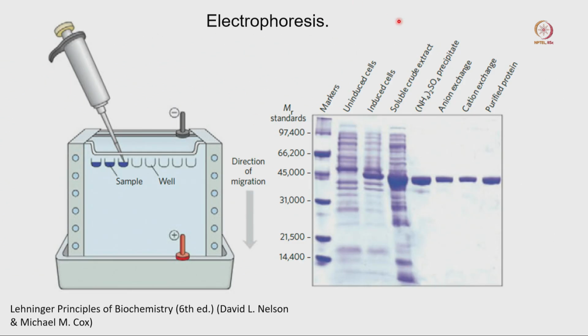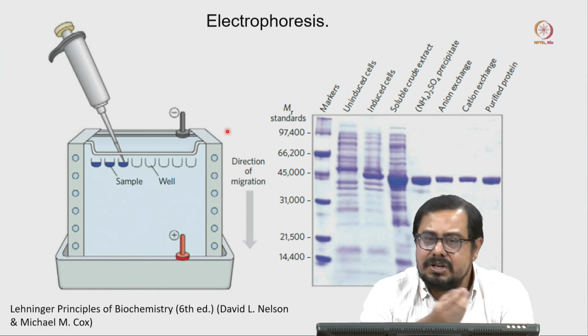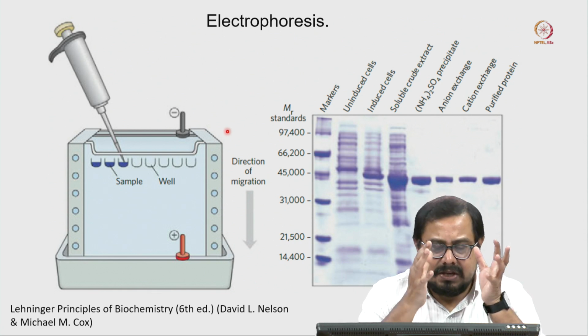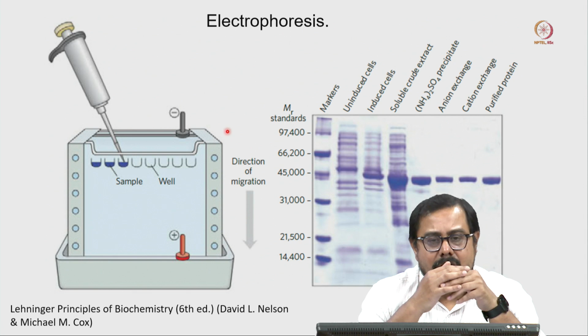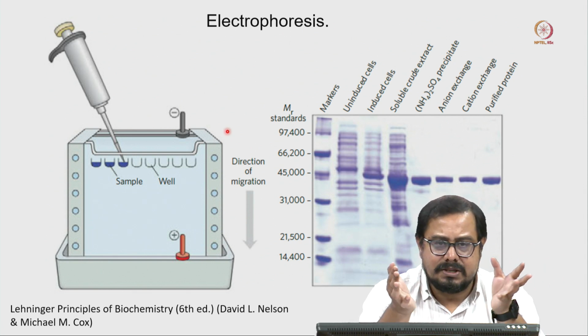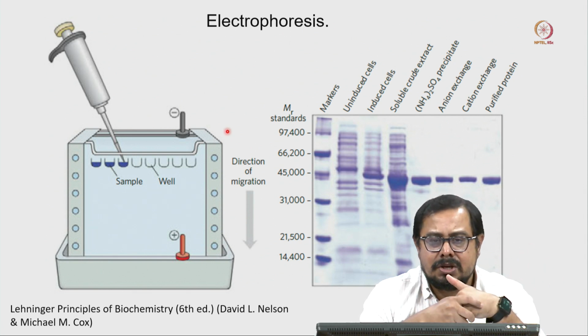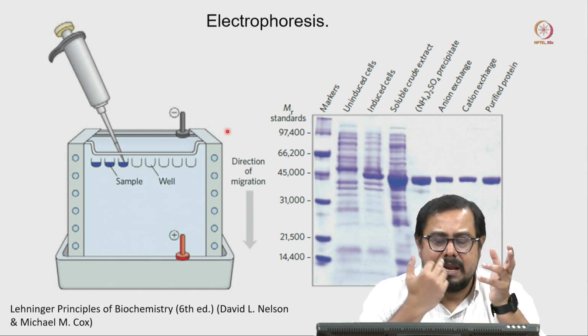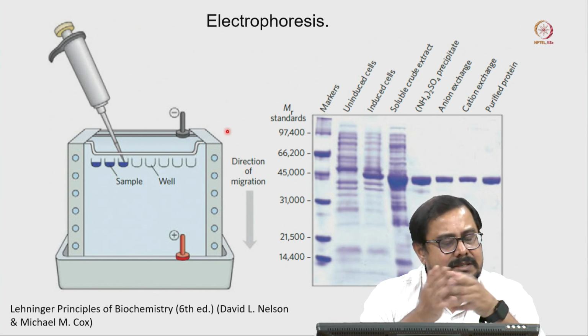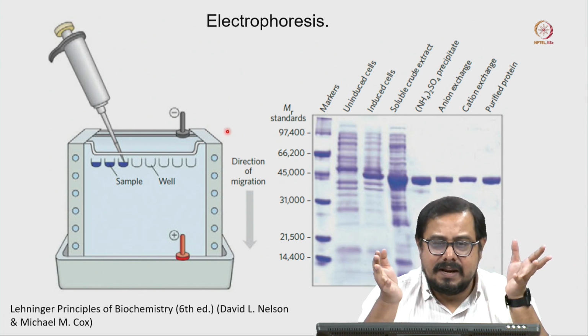gel electrophoresis. This is a polyacrylamide gel electrophoresis. This is the apparatus where you have the buffer solution and there will be a charge difference, and you take your protein and mix it with SDS. SDS is a kind of detergent, and it gives a negative charge to your overall protein and also denatures the protein, because if the overall protein charge is negative, all the interactions responsible for forming helical or beta structure will be disrupted, and your protein will be in a linear form.